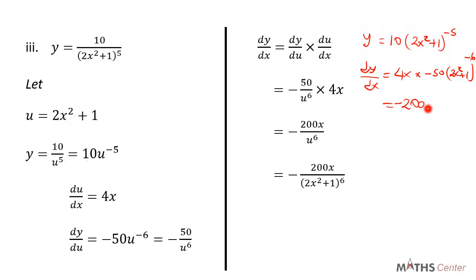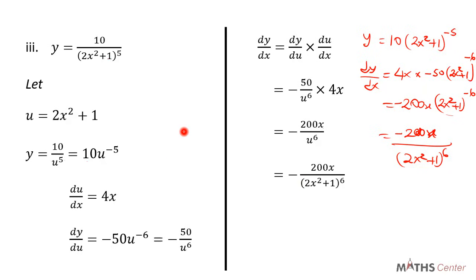So you have negative 200x. And then this becomes 2x squared plus 1 exponent negative 6. And from indices, we know that this can be written as negative 200x divided by